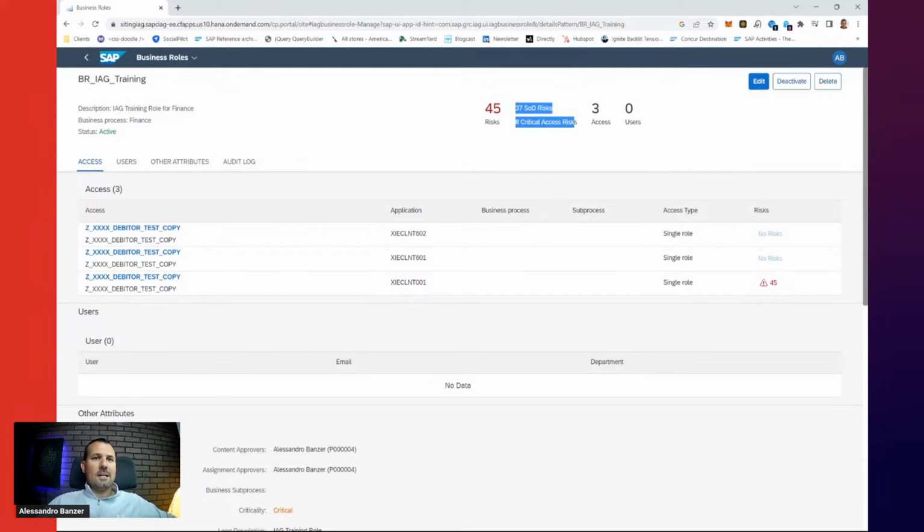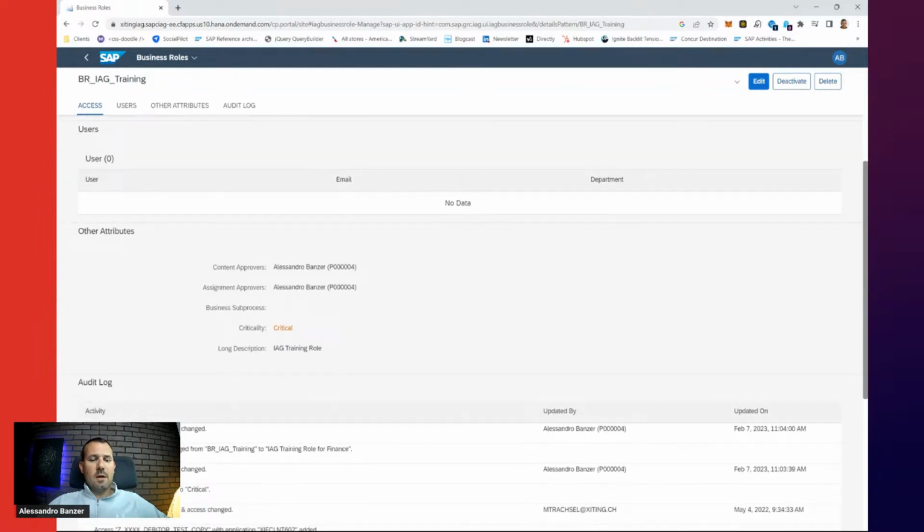The rule set is exactly the same thing as in access control, just in IAG in a slightly different format, but ultimately the exact same thing. What do we see here as the business role? What I was mentioning before, we have access from different systems. So here is the exact same single role, and this role exists in 3 different systems: in my ERP test system, in client 1, 601, 602. If a user requests this business role and it's approved, then IAG will provision that to all these 3 systems. So we're requesting one role, but it's going to be assigned in 3 different systems.